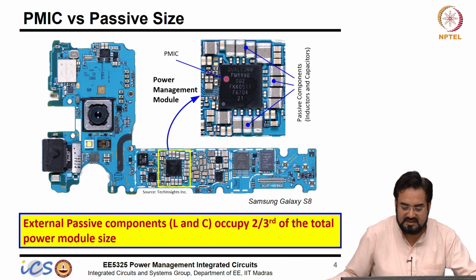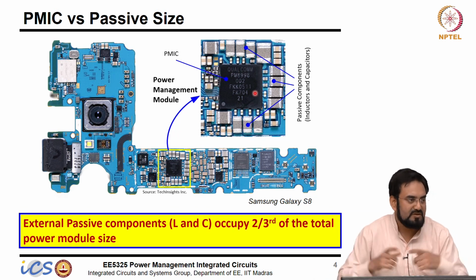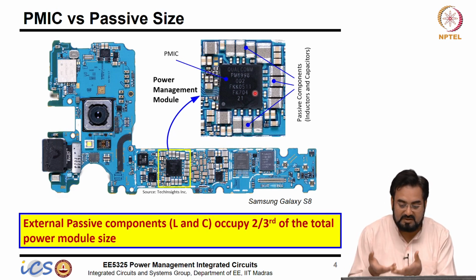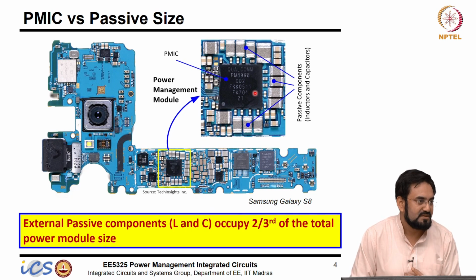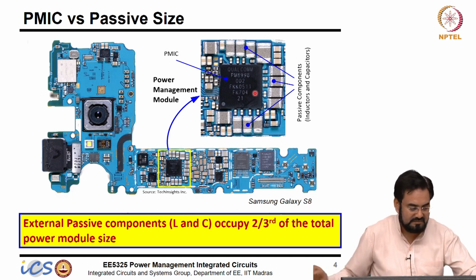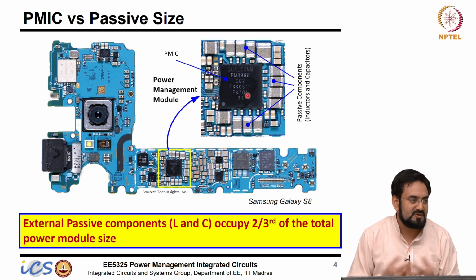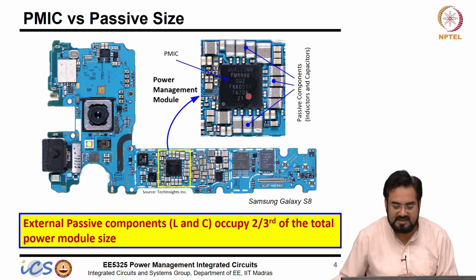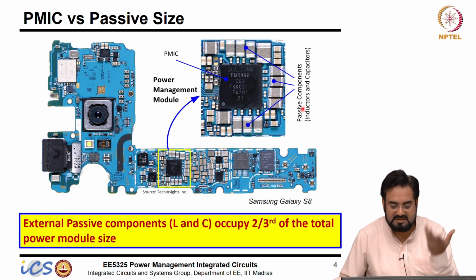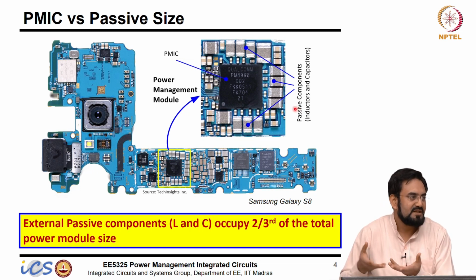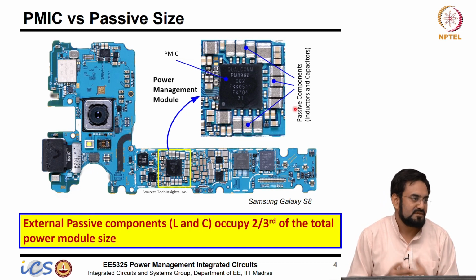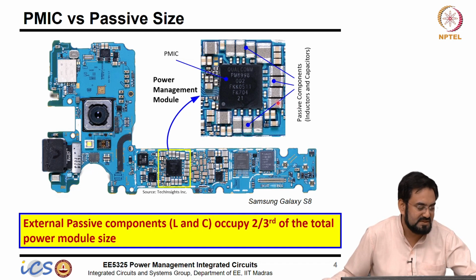Which means this is not the limitation. This chip is not limiting your module size, but it's the passive components which are limiting your module size, mainly because we are using WLP package. So the chip size is very small. Which means our target should be to reduce these passive components, not to reduce the die size further, because we won't get any benefit. Even if I make it 0, still almost 65 to 70% will be occupied by the passive components. So it will not help much in that case.